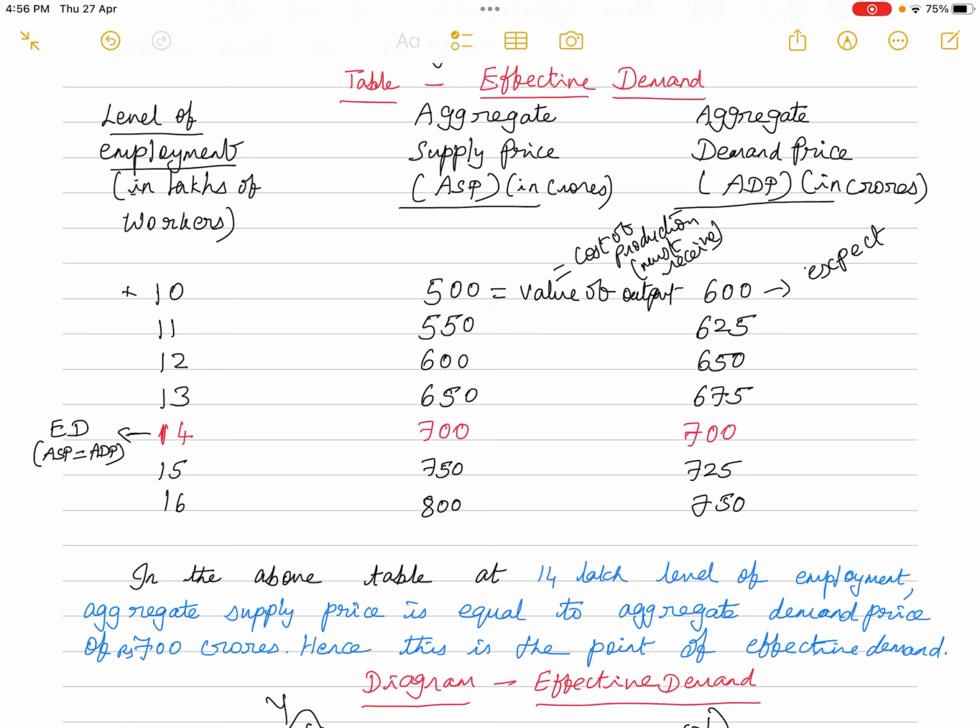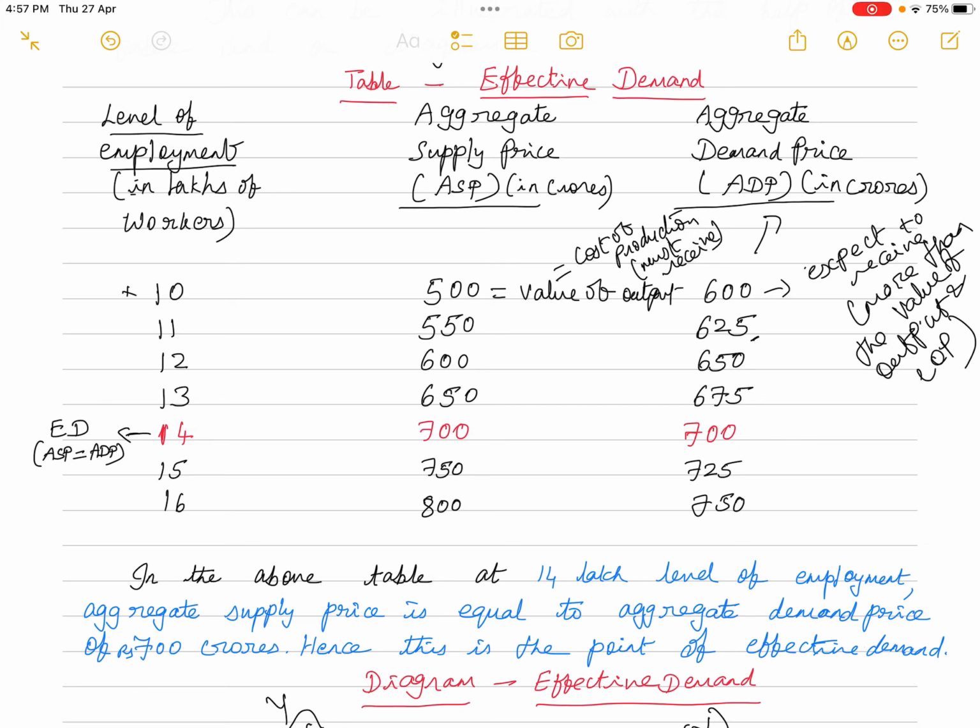This is the normal tendency of any producer. No producer will expect only equal to cost of production. They will always expect more than the cost of production. So they expect to receive more than cost of production. So this is the aggregate demand price, which is more than the value of output and more than the cost of production. So like that, when the 11 lakhs labor force are employed, the producer expects to receive